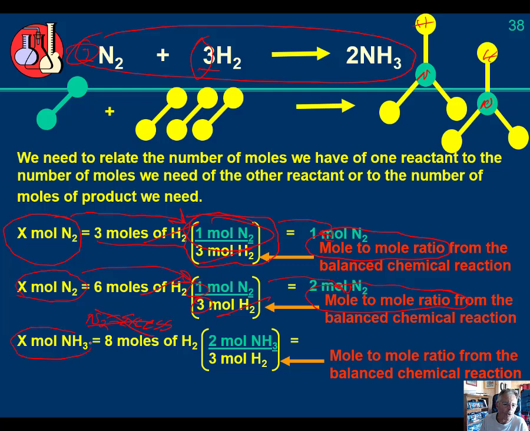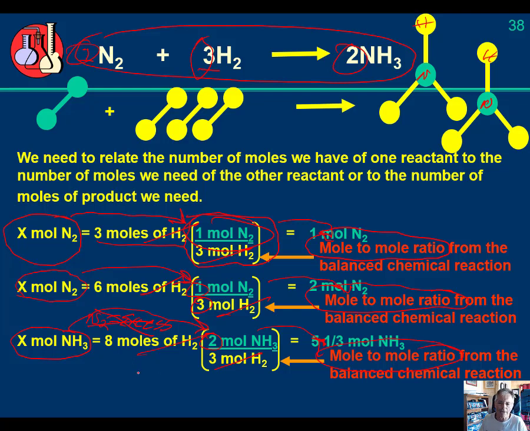My X factor is moles of ammonia, so I know that's going to be the numerator in my mole-to-mole ratio. My coefficient of ammonia is 2. It's in the numerator of my mole-to-mole ratio. Moles of hydrogen will cancel, and 8 times 2 divided by 3, and I'll get 5.333 moles of ammonia that I can produce if I have 8 moles of hydrogen and an excess or unlimited